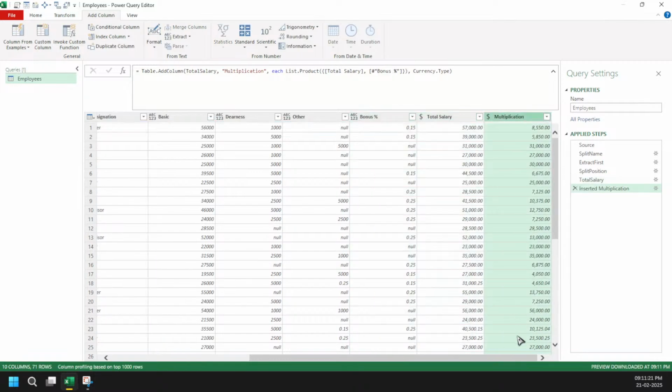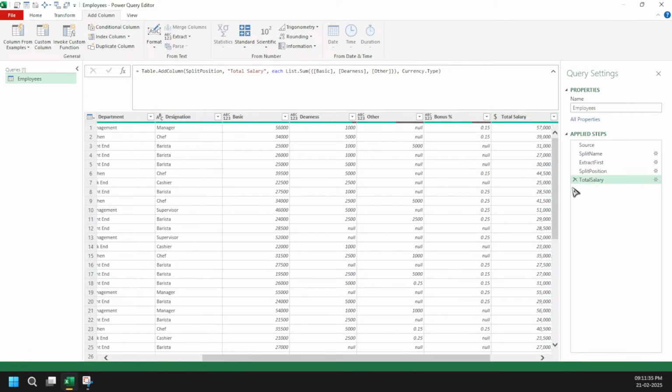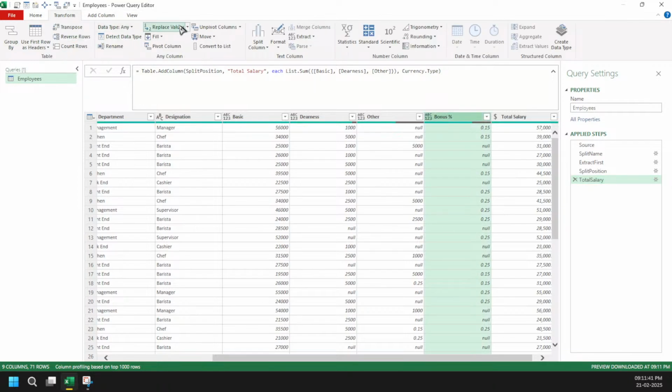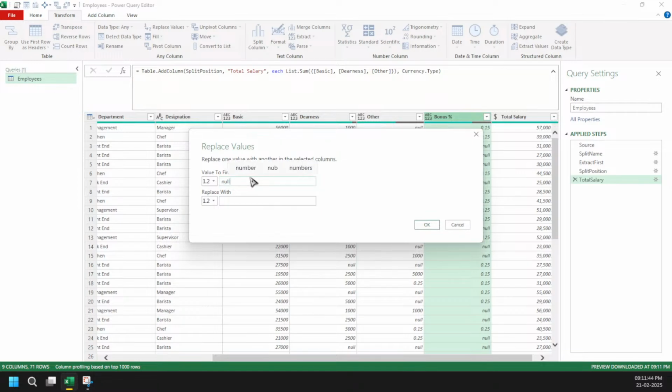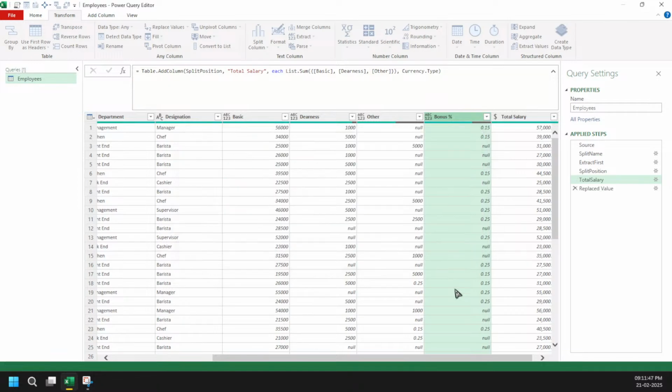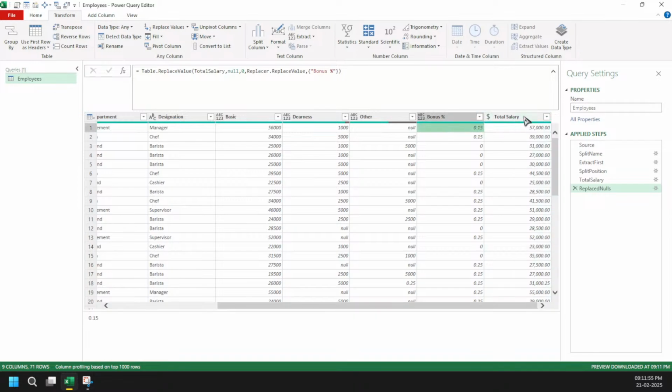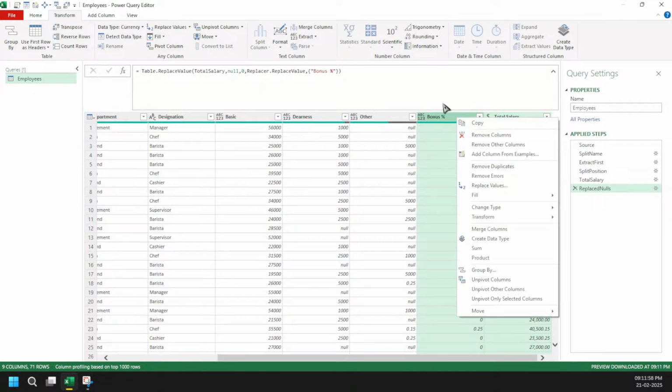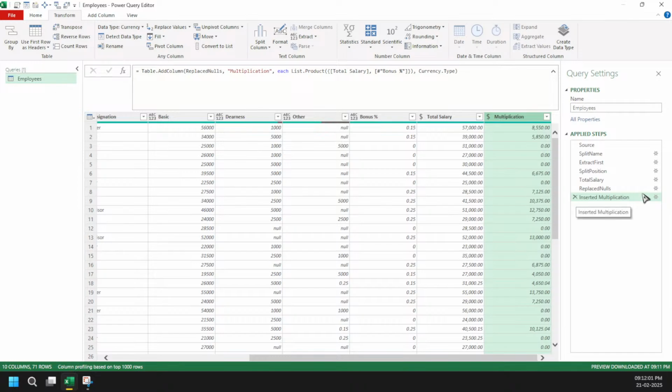If I'm going to do simply the product here, you will see it's not making sense, right? If you see here, let's say this is the null value, right? It is giving me 23 and 35. So this trick won't help you, right? So what we need to do here is I need to deliberately come here, do the transform, replace values, replace my null values with the 0, and that's it. I have replaced nulls, and then I'm going to multiply them, do the product part, right?